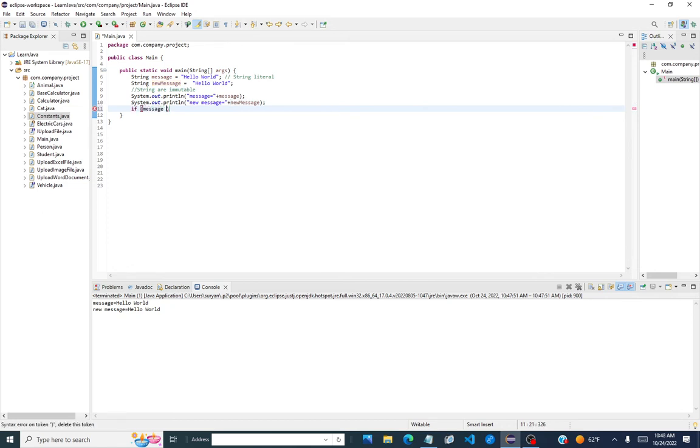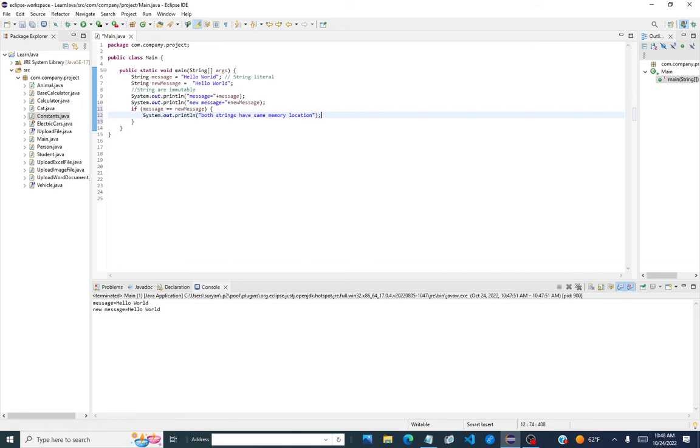So if I say message equal to new message, then I'm going to print, excuse my typing, both strings have same memory